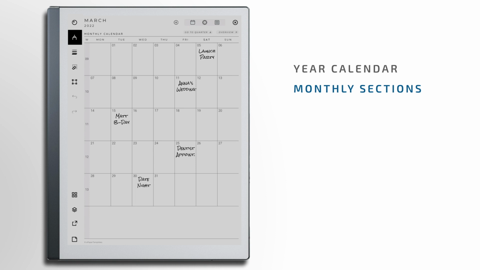Nowadays, many of us are accustomed to using other digital tools such as Google Calendar to keep track of our appointments, important events, and meetings. If that's your case, feel free to use this page as a transitional step to jump between daily and weekly layouts. As with the year calendar, you can tap any day or week, and it will take you to that